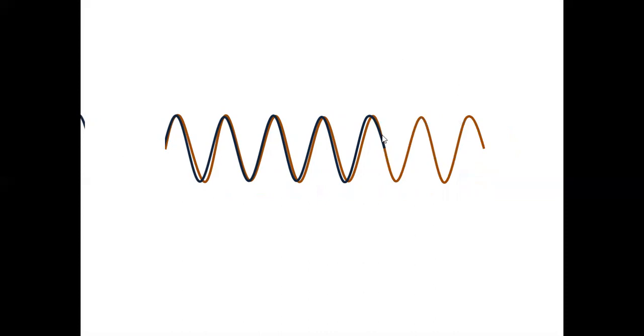That means both the waves ask the water molecule to either go up or come down. It isn't that one says go up and another says come down, because then it would be destructive. So if the path difference is 1 lambda, 2 lambda, 3 lambda, how can you write it in general? n lambda, you can write.